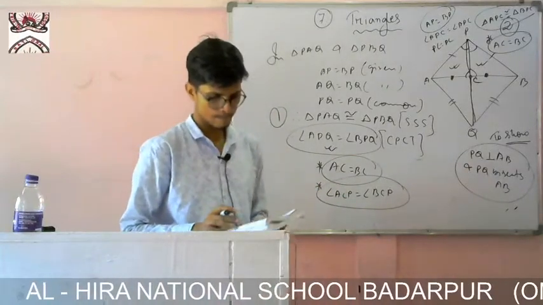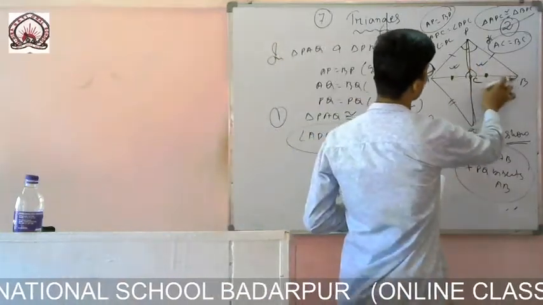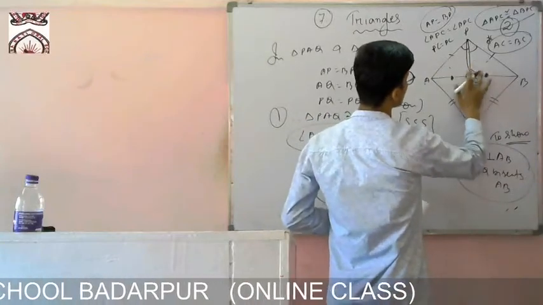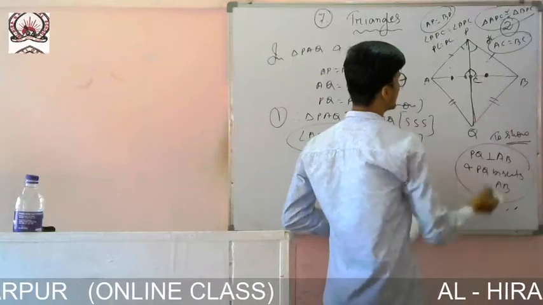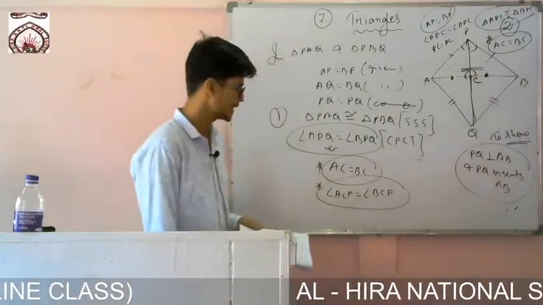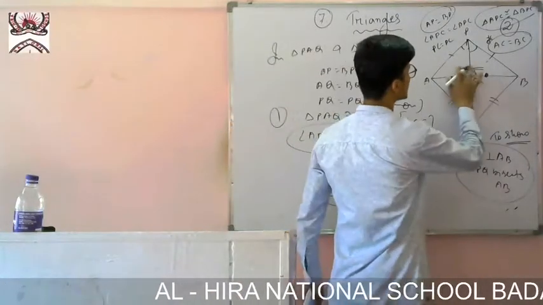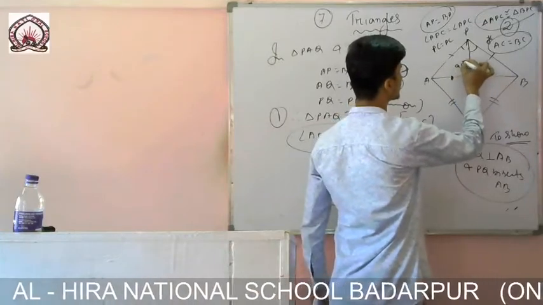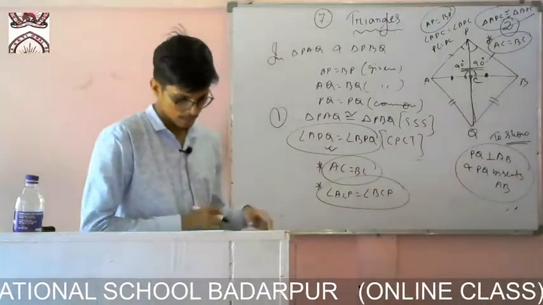Now you see what is given. It is given that ACP and BCP are a linear pair. It is given in the question, it is given in your book, that these two are a linear pair. If this is a linear pair, then the sum of these two will be equal to 180. And just now we have written that these two are equal. That means if the sum of these two is 180 and these two angles are equal, then each one will be equal to 90 degrees.